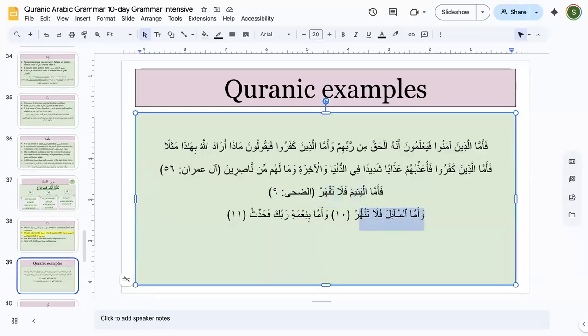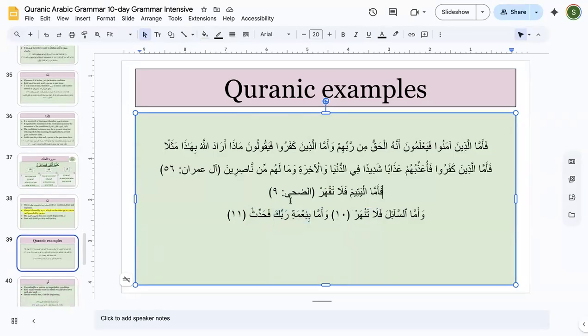فأما السائل, amma again shartiya followed by an ism, فلا تنهر, do not rebuke them, right? So as for the one who questions, don't rebuke them, and as-saila is mafulun bihi for la tanhar. Wa amma bi ni'mati rabbik. So as for the blessing of your Rabb, fahaddis. Haddis is fi'lul amr, which is coming after fa'u rabita, and the shart clause is jar wal majroor muta'alliq bil fi'l for fi'l haddis. Okay, everyone got it so far?